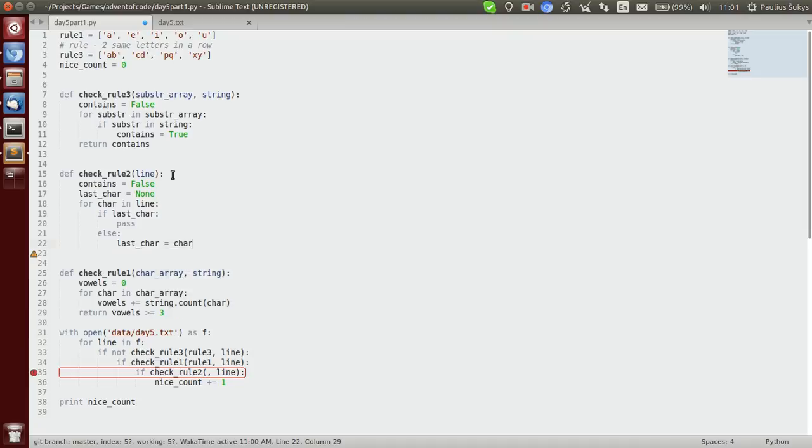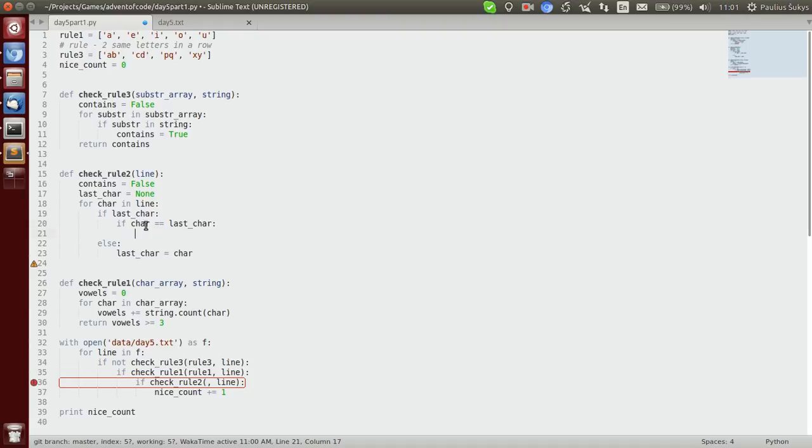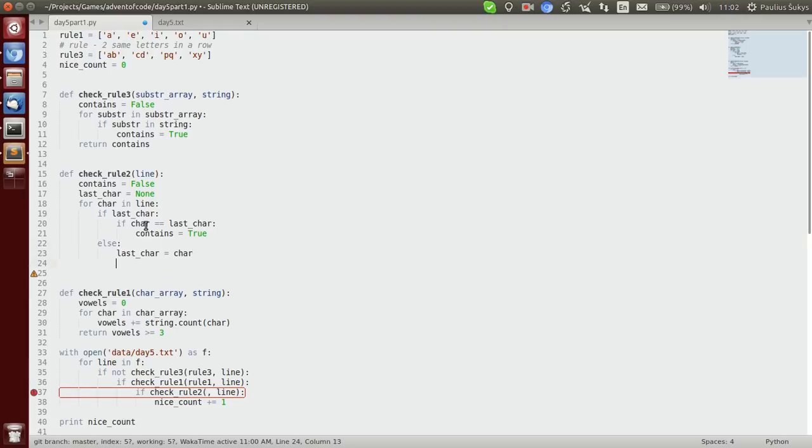So what we do here, we just predefine last character to none, and then just check if last character is already defined. If it is, this is the first character in this case. After that, this part is never reached. There's only this part that is reached, and we only check if this character is equal to last character. If it is, then we just say contains true, and we return contains,